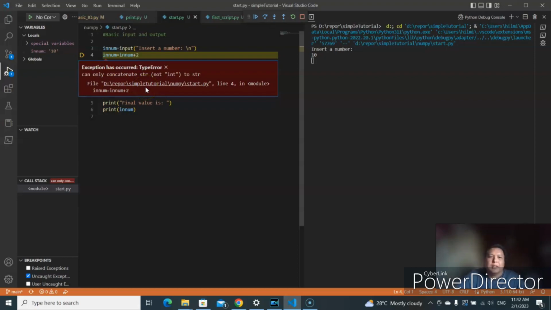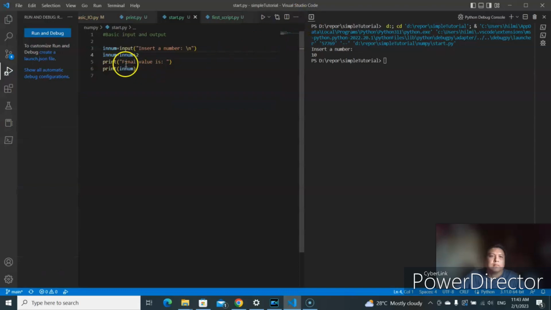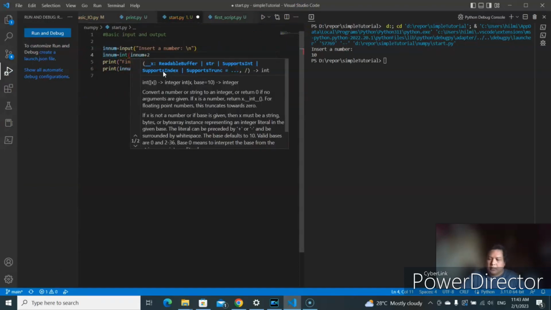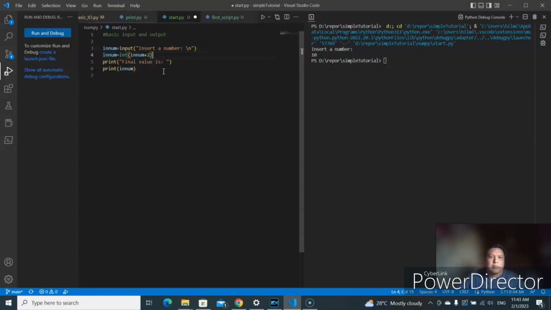Python assumes that input is a string, so we need to get the input into an integer. This is also called casting. How? Just write int and put the input in brackets. Here